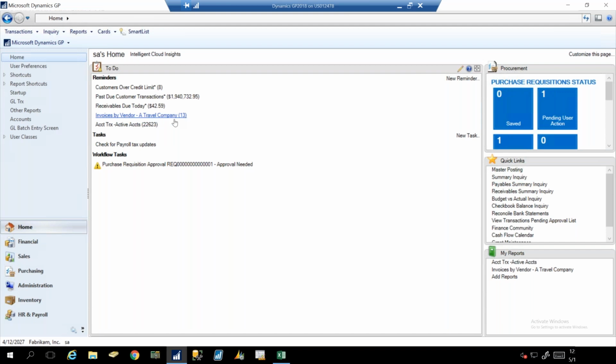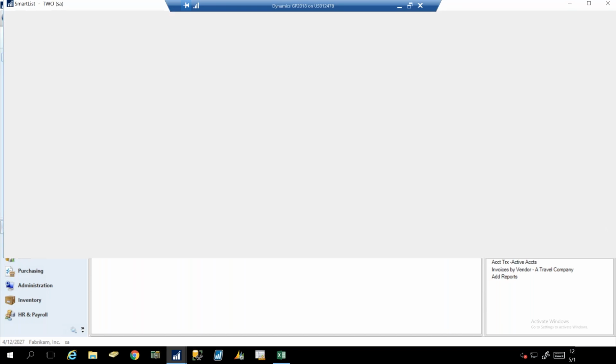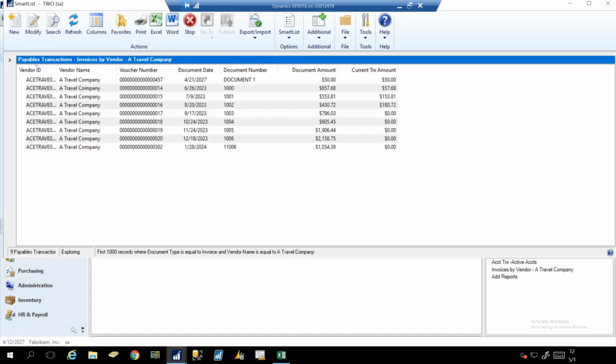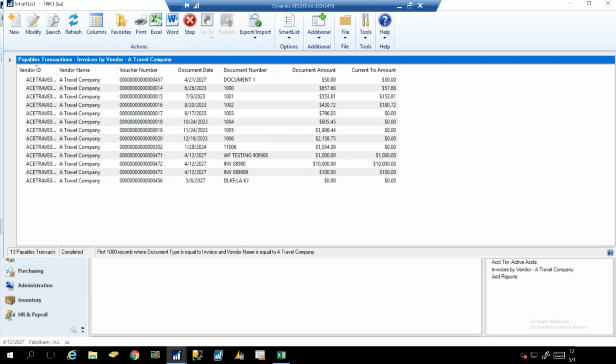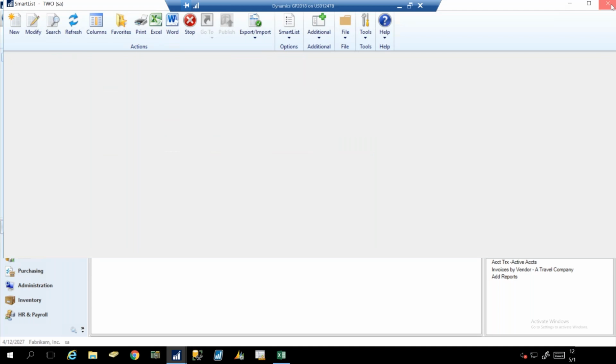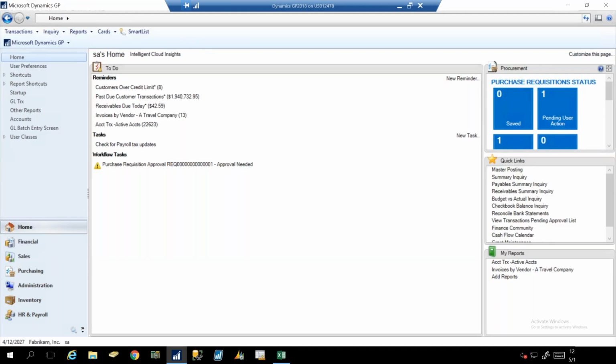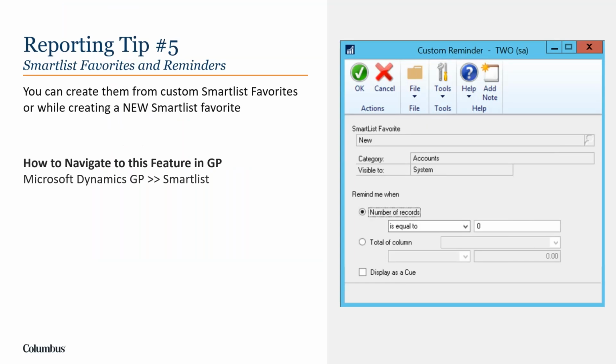Well, now I want to go ahead and take a deeper dive. What are those 13 documents? I'm going to go ahead and click on it one time, and it's going to take me directly back to that smart list that we were just looking at. You can see the added benefit. I'm not having to go to Microsoft Dynamics GP, smart list, and then scrolling down into that Payables transaction folder and then locating that smart list. It's right there on my home page. I'm going to close this down. I'm going to move on to my next reporting tip